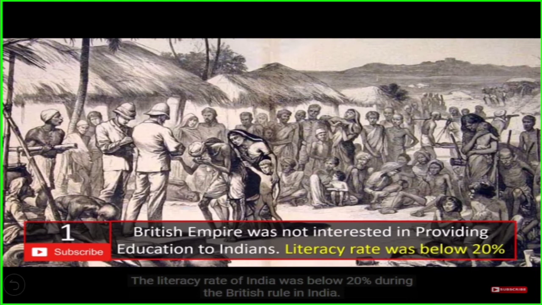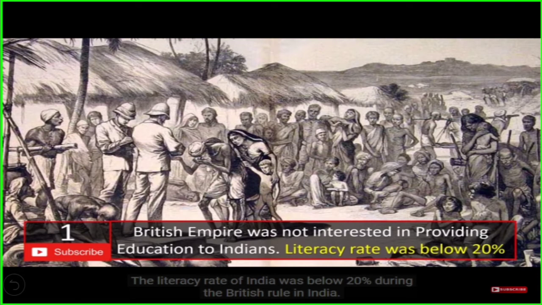And children, the first main point about the Britishers. The British Empire was not at all interested in providing education to Indians, and the literacy rate was below 20. But they found that the need of the hour is that the Indians should also be included in their empire, not to give them importance, but for their own selfish motive. So they started educating a few Indians, and that's how the literacy reached